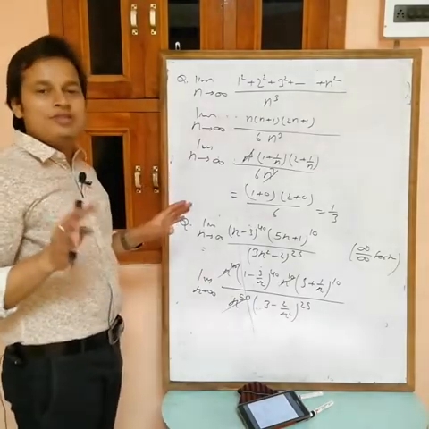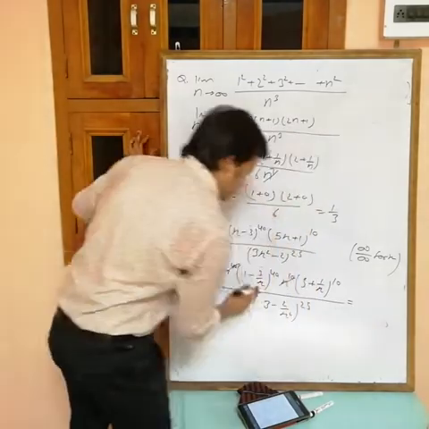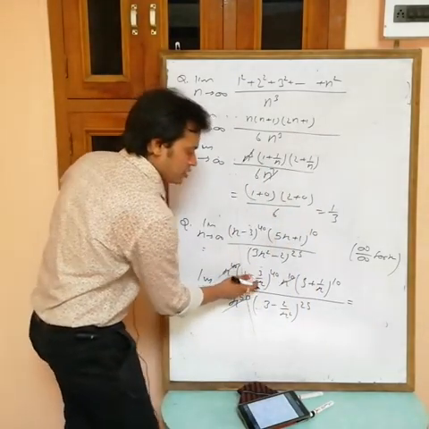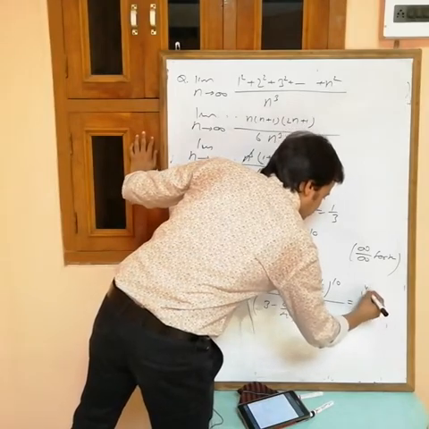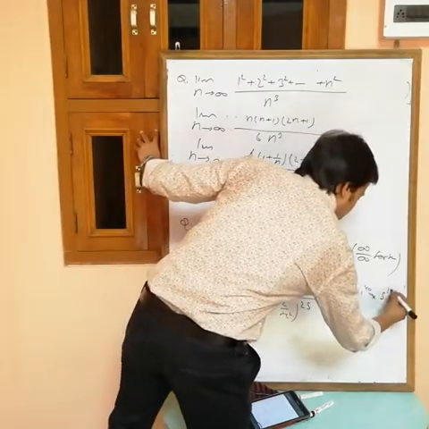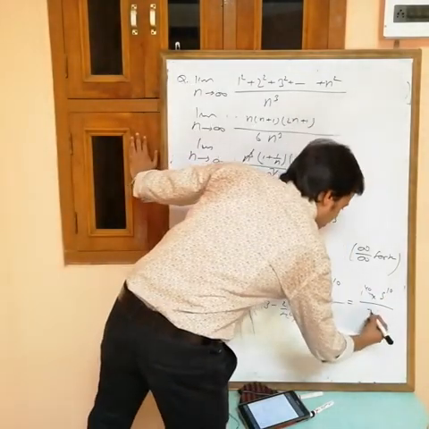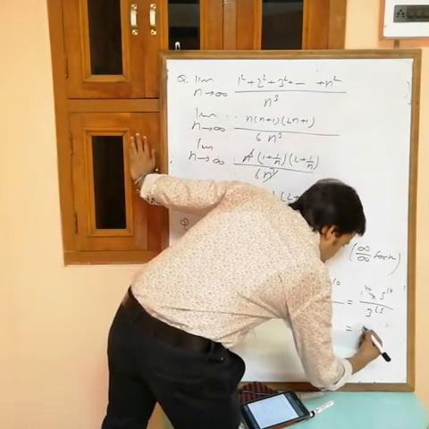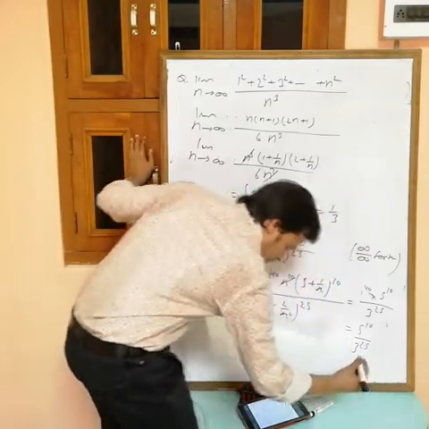Okay, now put x equals to infinity. If you put x equals to infinity, what you will get? 1 minus 3 by infinity is 0, 1 power 40, into 5 plus 1 by infinity, 1 by infinity is 0. 5 power 10 by 3 minus 0, 3 power 25. So answer is 5 power 10 by 3 power 25. Okay, write down.